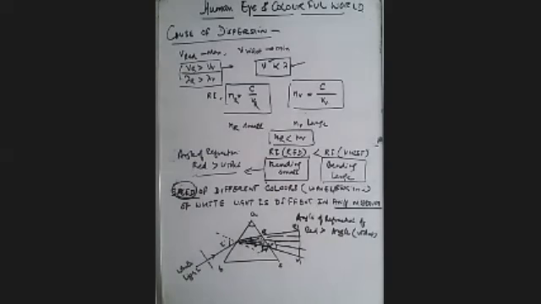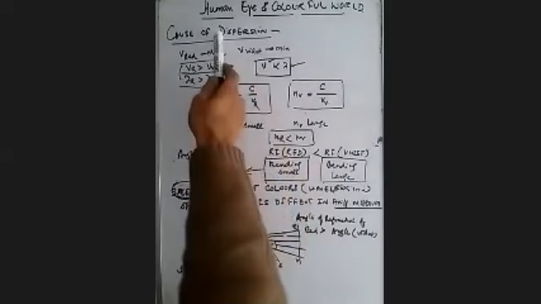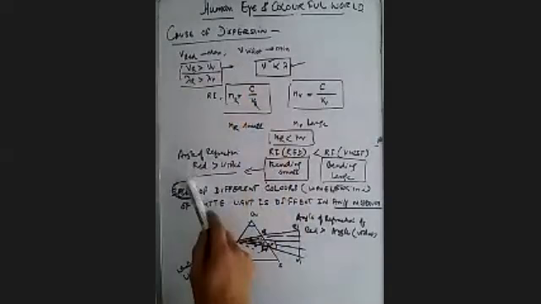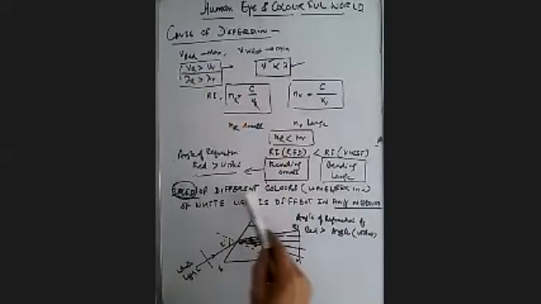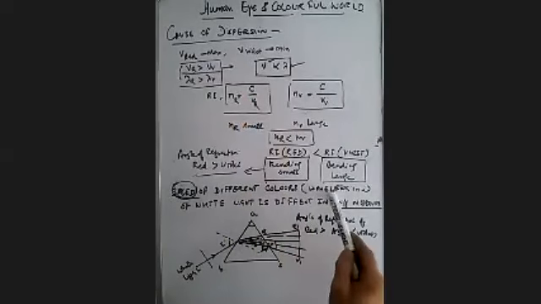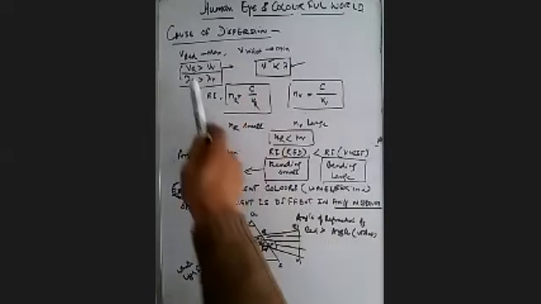Once again, the main cause of dispersion is the difference in the speed of different colors of white light, which have different wavelengths, and wavelength of